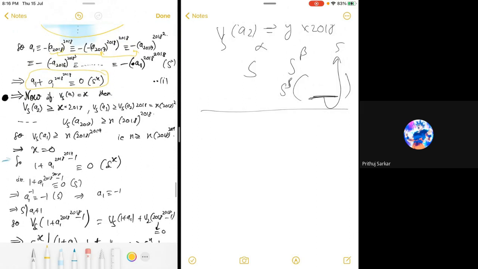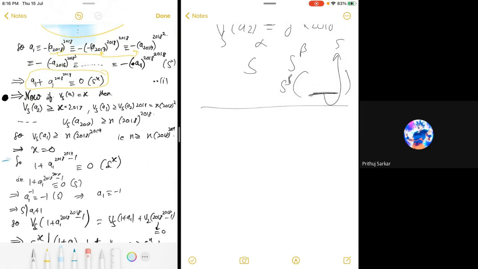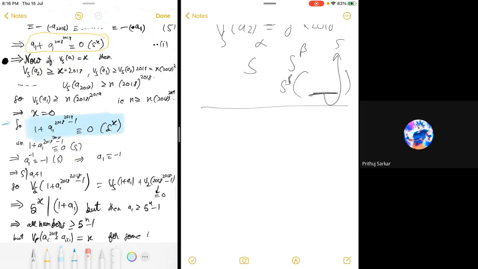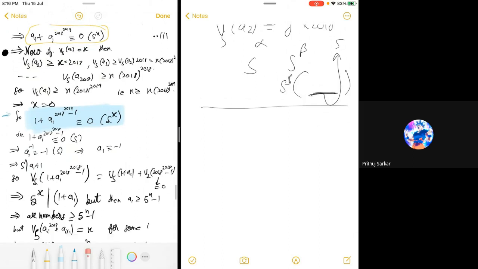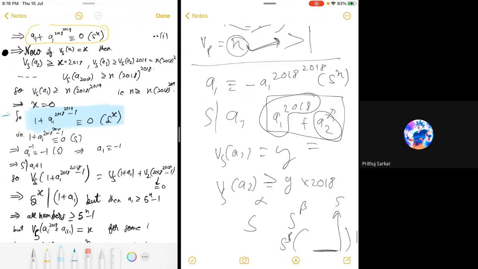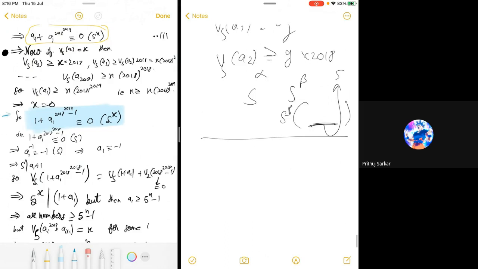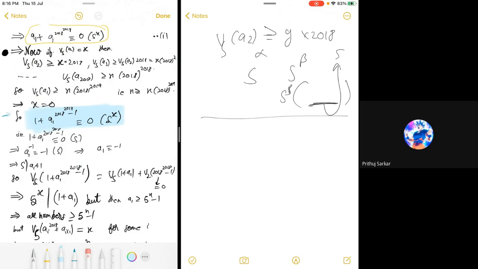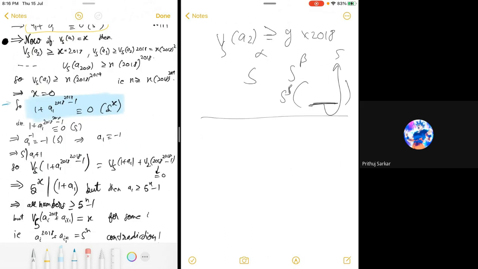So we can just cancel a1 now. So we get this. Now, if we know that 1 plus a1 is divisible by 5, we can just do lifting the exponent and that bounding argument which I just said, so that we will be able to bound something. So you can just check that a1 is congruent to minus 1 modulo 5. This is because this is congruent to 0. So you can just check that.